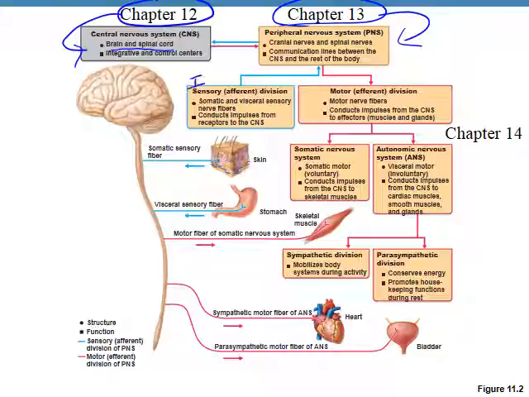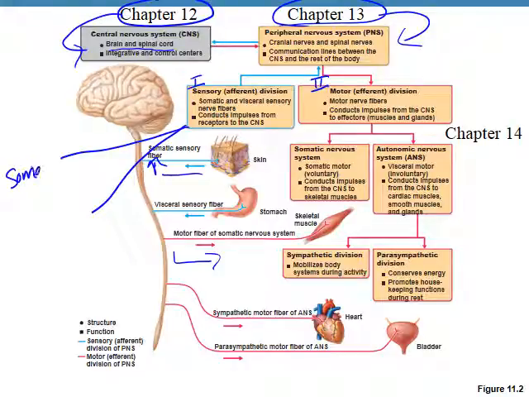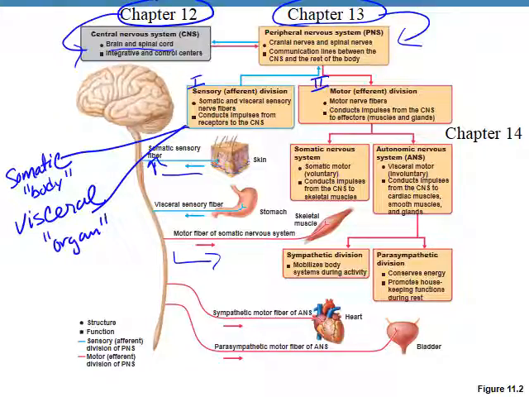And we said there are two functional divisions. We have the sensory division and we have the motor division. Remember, sensory is carrying messages to the brain and motor is carrying messages away from the brain. Under sensory, we do have two categories. We have somatic, this was on the last slide, and visceral. So we can have messages coming from the body, and we can have messages coming from the organs. For the motor division, we have somatic, and now we call it autonomic. So instead of visceral, we say autonomic.